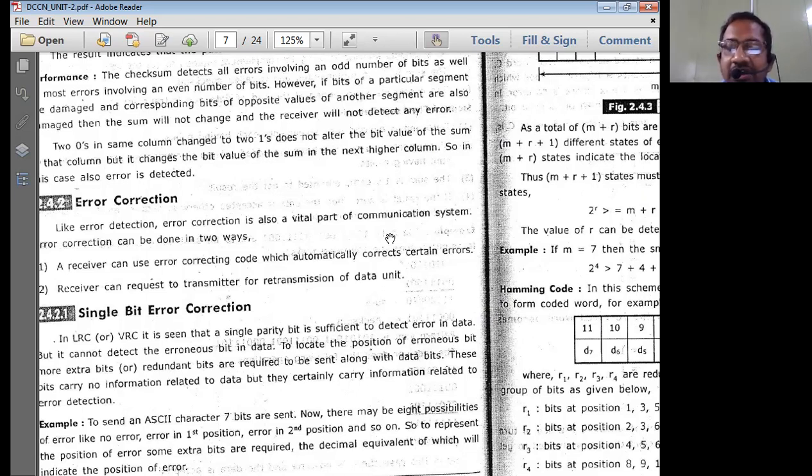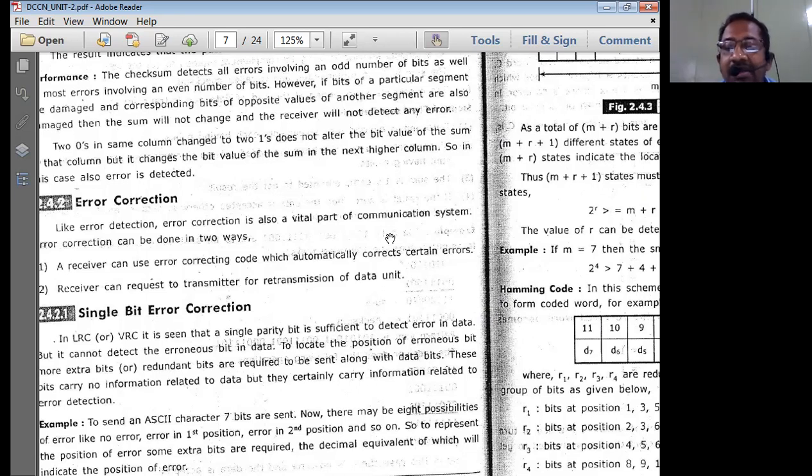In the case of error detection, the receiver will detect whether there is any error in the received bits. That is what the receiver cross checks before it accepts the data into its system. That is how the detection process is normally used. Next is the error correction method.